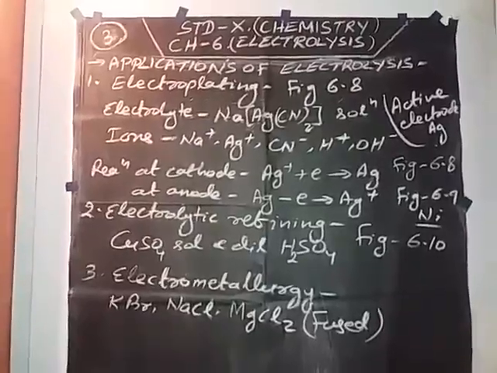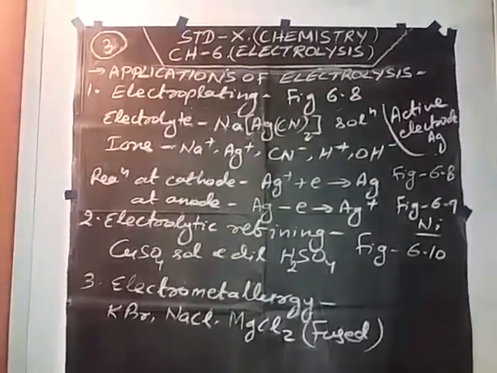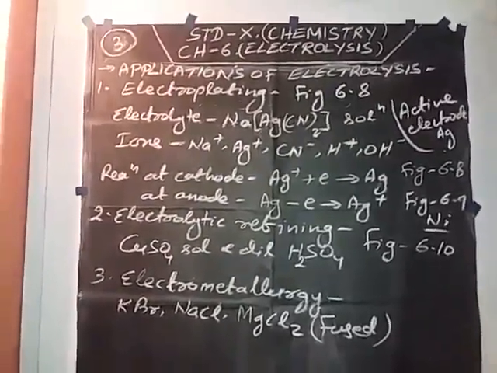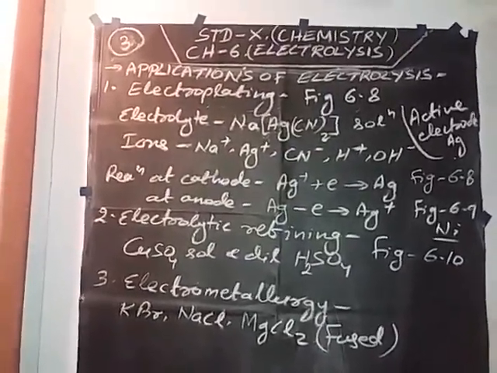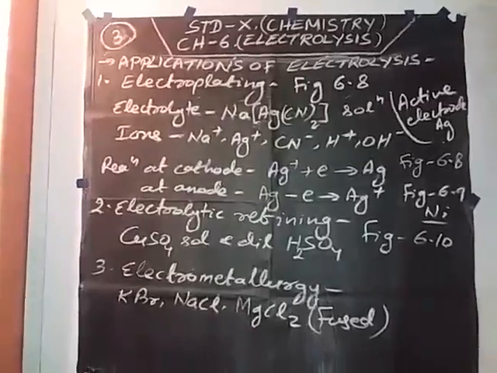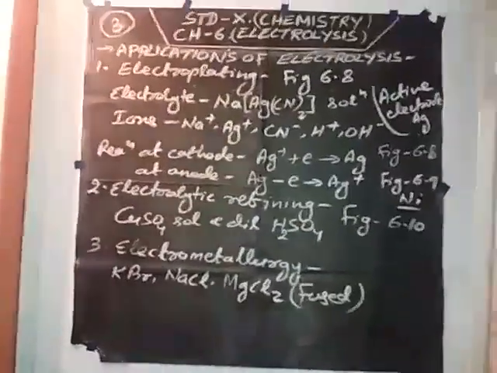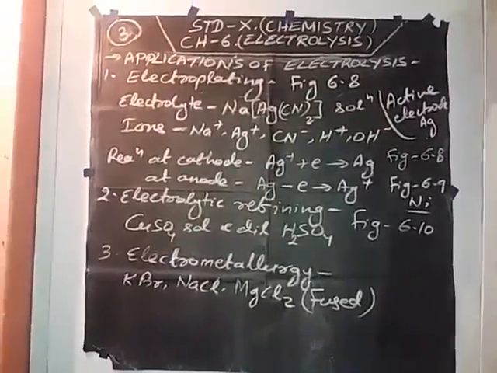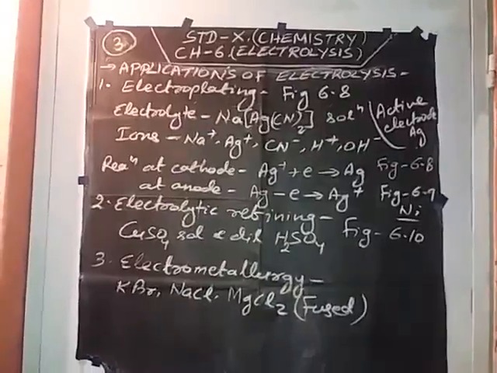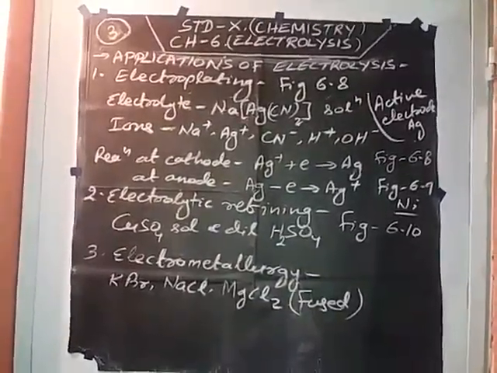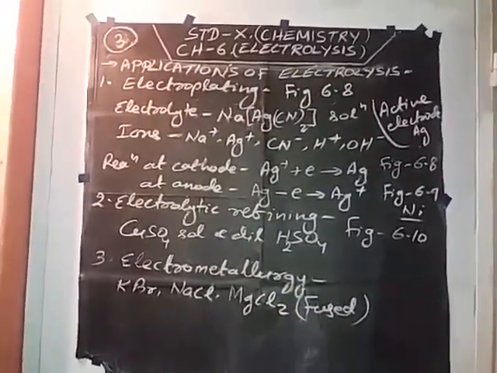Electroplating is a process in which a thin film of metal like gold, silver, nickel, chromium, etc. gets deposited on another metallic article with the help of electricity. If you want to add gold, then gold must be added near anode. The reasons for electroplating: decoration, and to protect from rusting and corrosion.